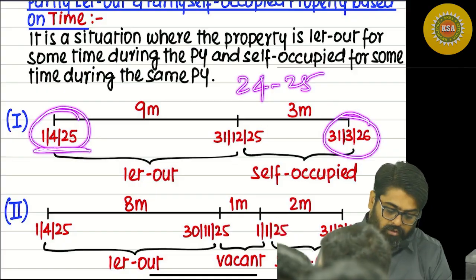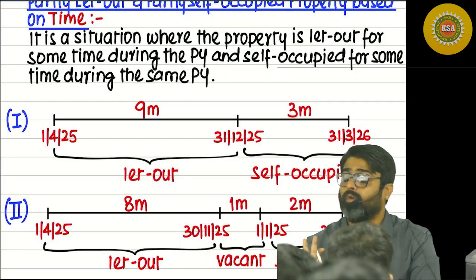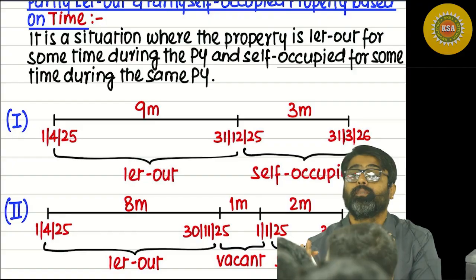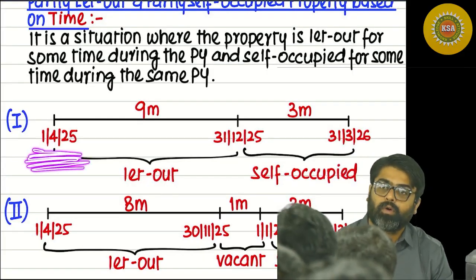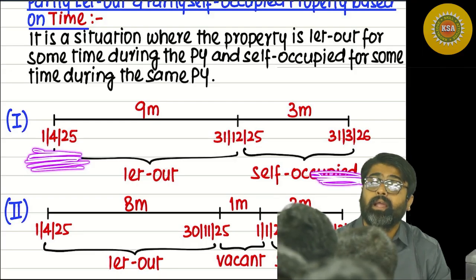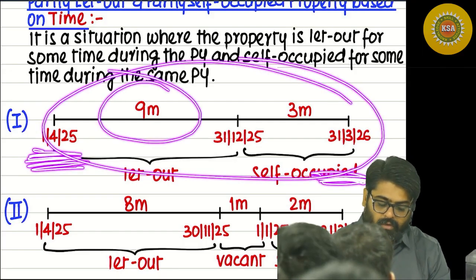See, your previous year is 24, 25. Don't focus on these dates. These dates I have updated for previous year 25, 26. For us, the previous year is 1st April 2024 to 31st March 2025. Yes or no? Now, in my previous year, if the property is let out for some months,